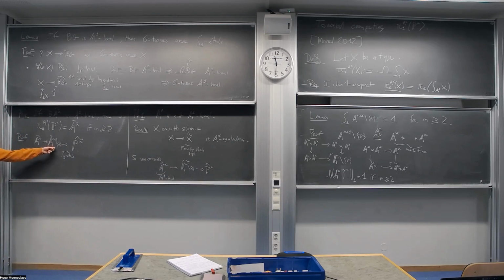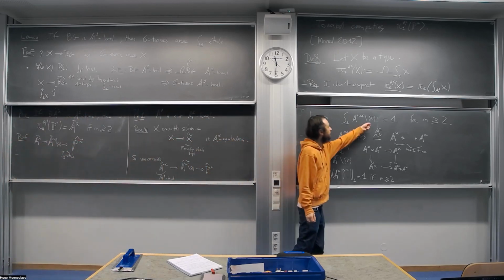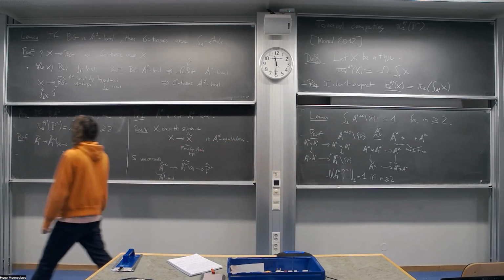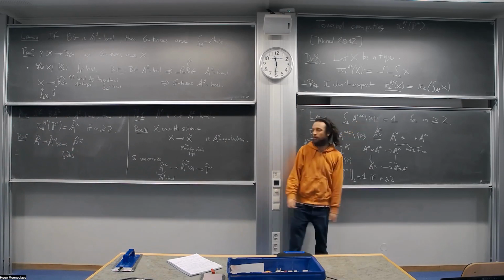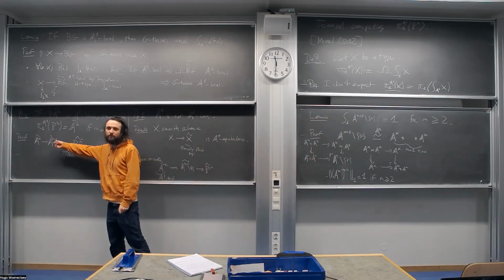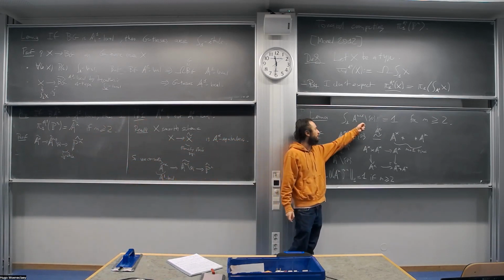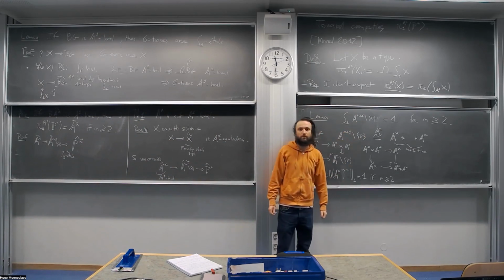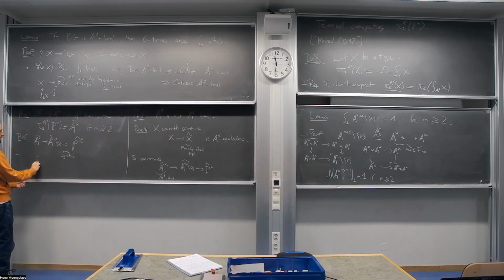Then we need to show that this is shape 1 connected, and we have it over here. So here we have the property for A^{n+1} minus 0, and we need it for the formally étale replacement. But we know that the formally étale replacement is A1 equivalent to the type, because we have a smooth scheme. So we know that shape 1 of the thing in the middle is equal to 1.